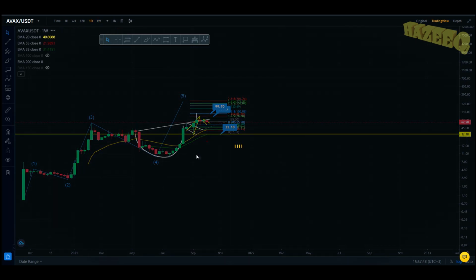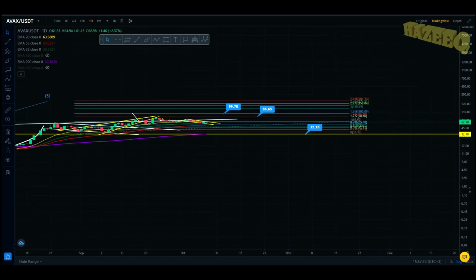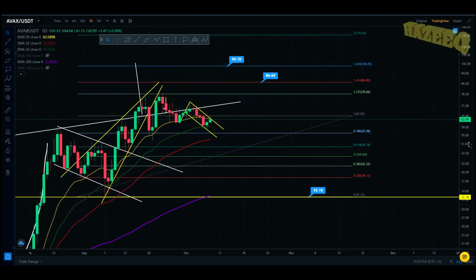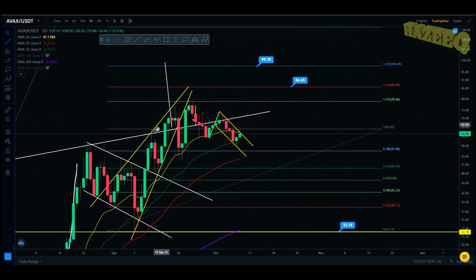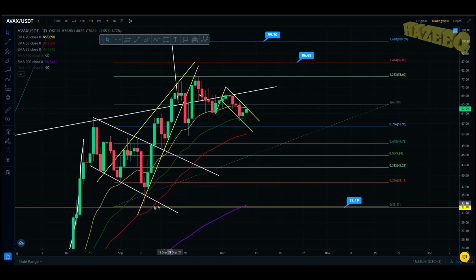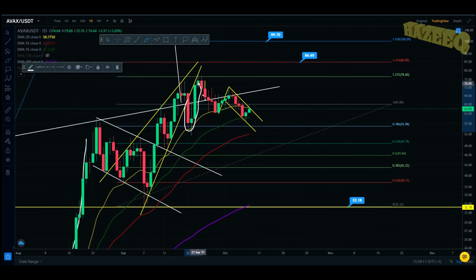Now jumping into the daily chart. This is going to be a bit more complex, but hopefully you're going to get this. So we have two patterns over here. Here on the left is a rising wedge. It's a bearish pattern with a target where the wedge was formed, and that is $32 exactly. So we broke out of the pattern. That's where your technical indicator is now valid. You retested the support as resistance and you came back down.